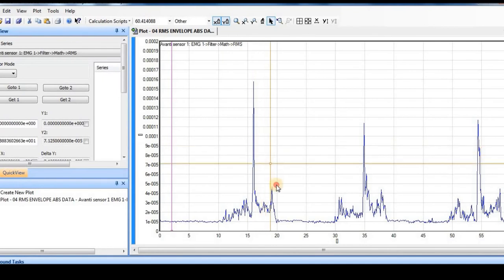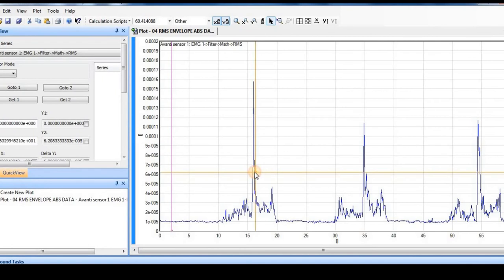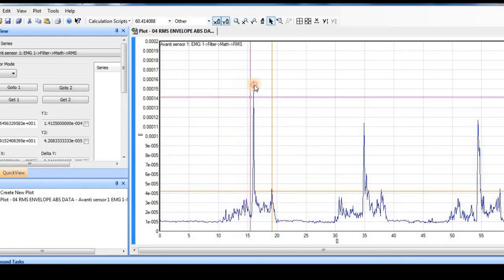We can put them anywhere, and the moment we put it, you can see that there are some values which will change here, and that will show you what is the actual value of the time or of the amplitude when I move this. And if I want to see the difference between 2 points, I can have two cursors, one is here, one is here.